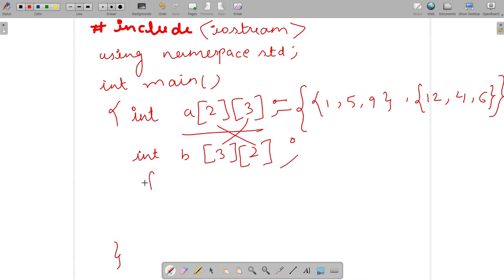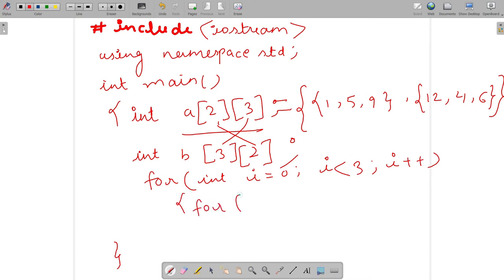Now what we will do, we will start a loop for int i equal to 0, i less than 3, i plus plus, and for int j equal to 0, j less than 2 for matrix B, j plus plus.